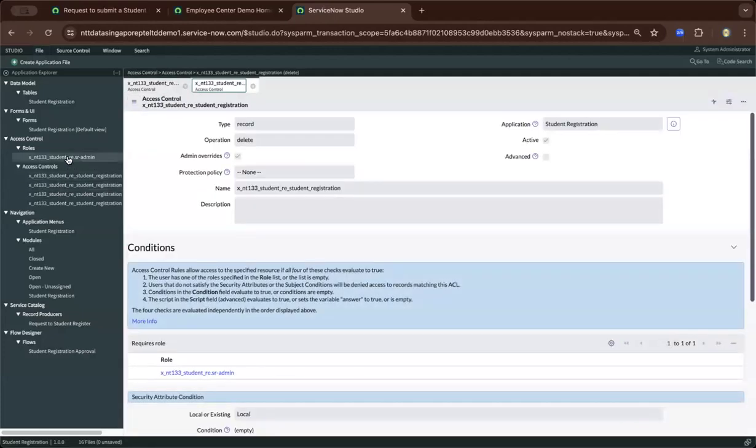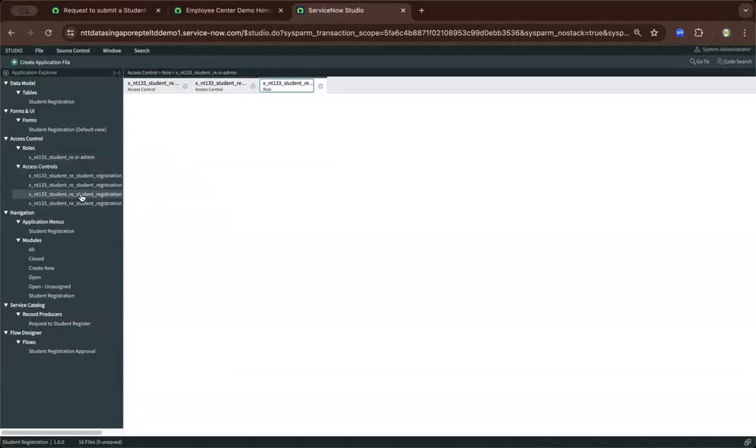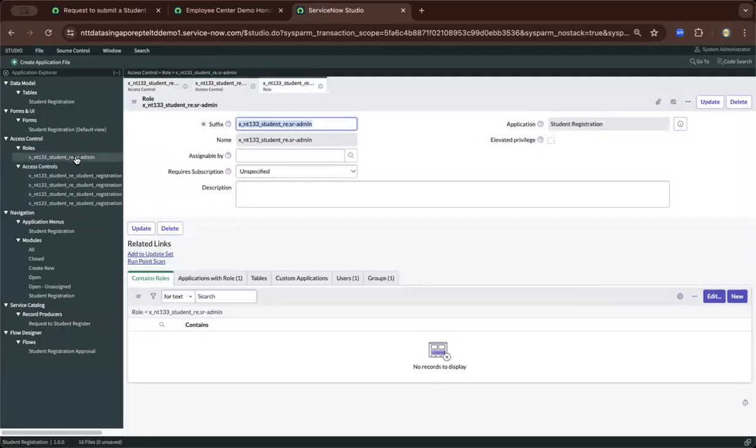However, we have four access controls, but we only created one rule. So we only created admin, who has all the access capabilities, and you could be more granular if needed, and be able to restrict and add more